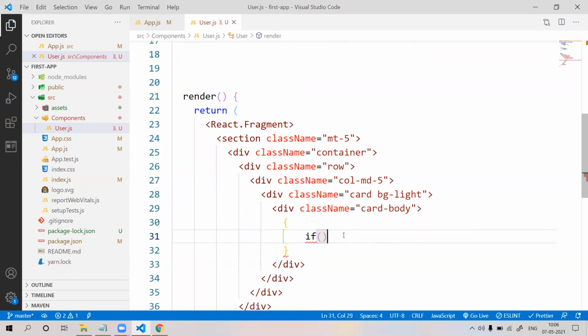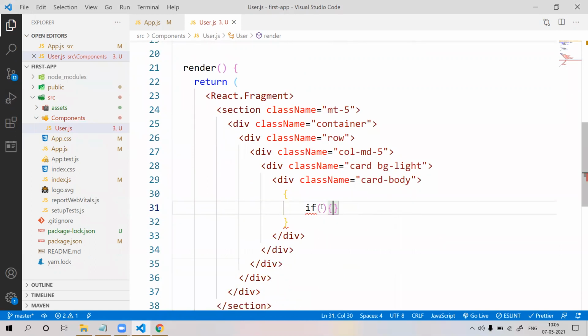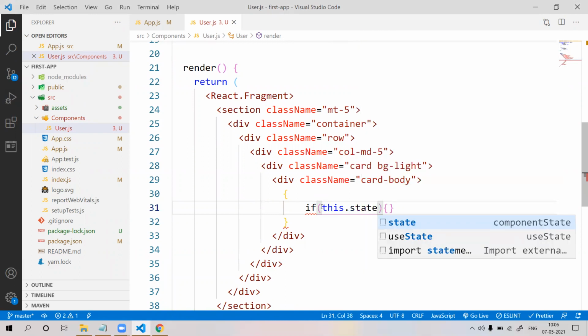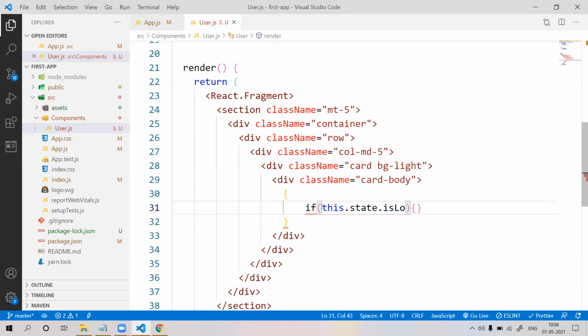Okay, I will give it a let. If this.state.isLoggedIn is equal to true, if it is true, then display,